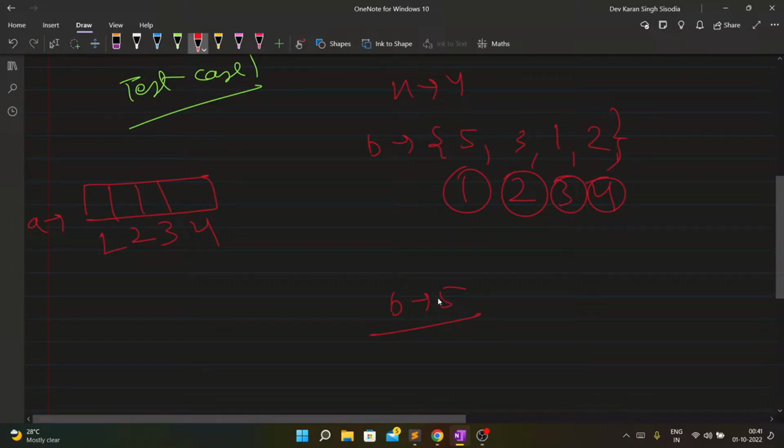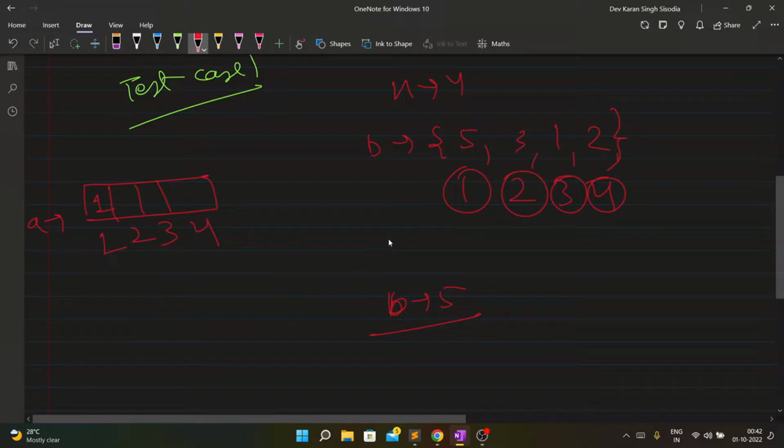Before that, if B is 5, then we are sure that the previous greater element might be 1, might not be present. So that's why we are replacing A1 with 5. And if I place 1 at the first position, then at the first position my PS will be -1 and PG will also be -1. So this will ultimately give rise to this condition. So this is done, right?